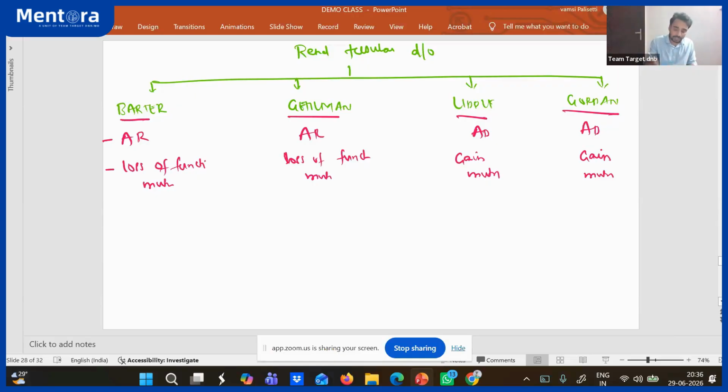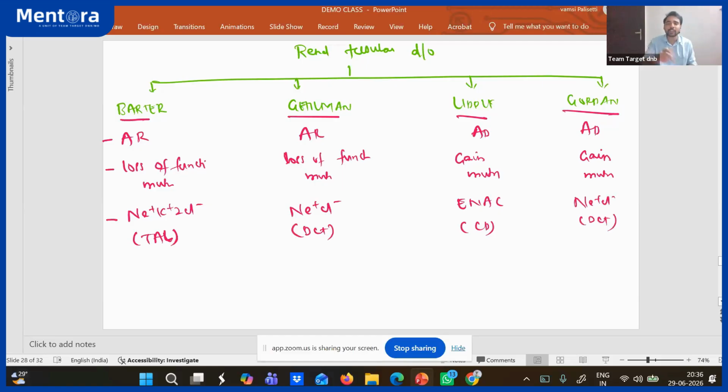Okay, so what is the pump that is involved here? In Bartter syndrome, it is the sodium potassium 2 chloride pump, which is present in the thick ascending loop of Henle, very important. In Gitelman, there is loss of function mutation in the sodium chloride pump, which is seen in the DCT. Liddle is a gain of function mutation of ENaC channels, which is seen in the collecting duct. And Gordon is a gain of function of sodium chloride, also in the DCT. So Gordon is exactly the opposite of Gitelman.